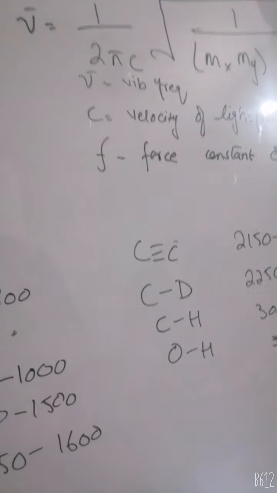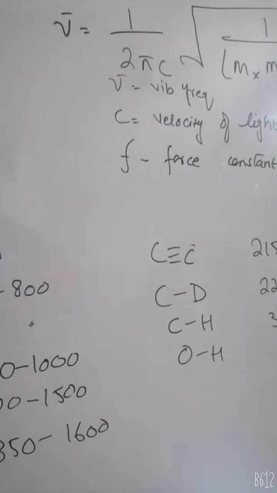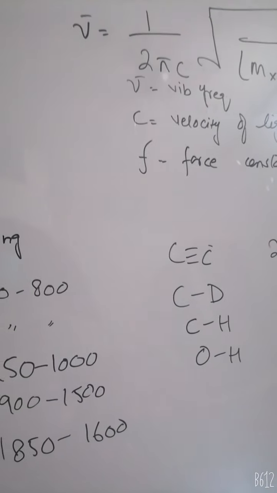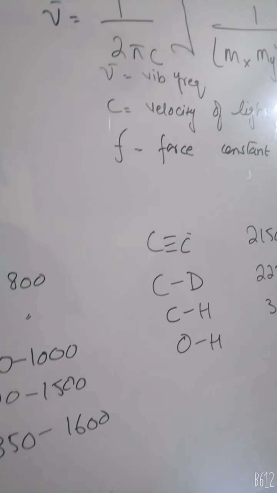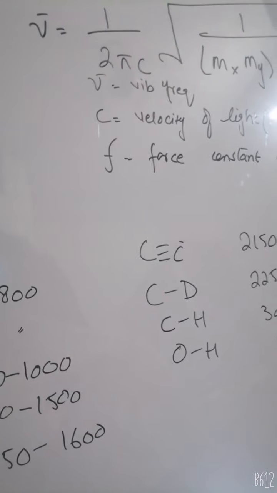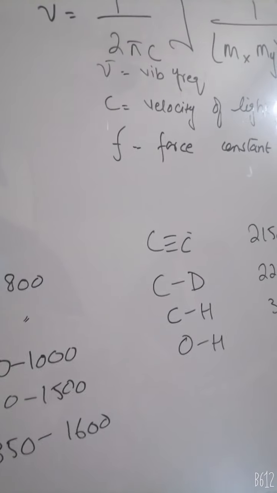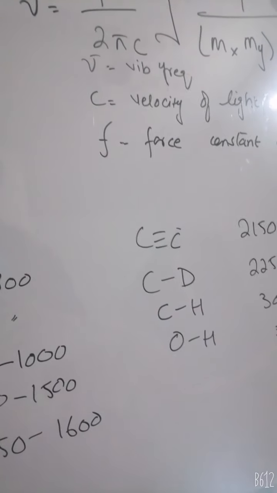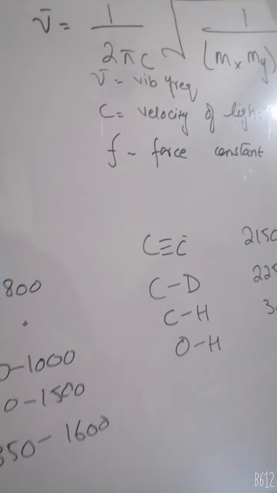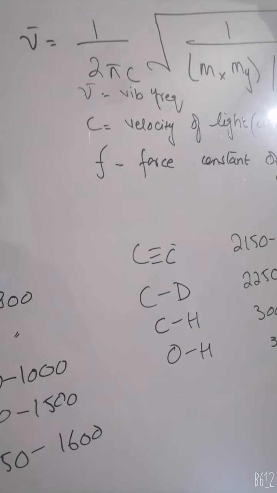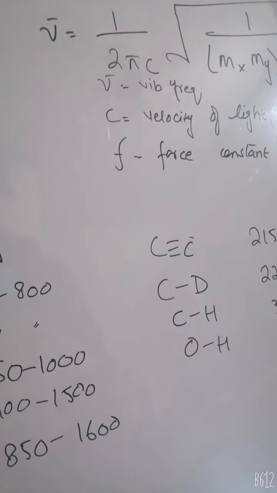The value of f is approximately 5 into 10 raised to the power 5 dynes per centimeter for single bonds, and approximately 2 or 3 times this value for double and triple bonds respectively. The force constant f can be thought of as a measure of the bond's stiffness. The force constant can be correlated with such properties as bond order and bond strength, because the frequency is directly related to the square root of the force constant. And we know